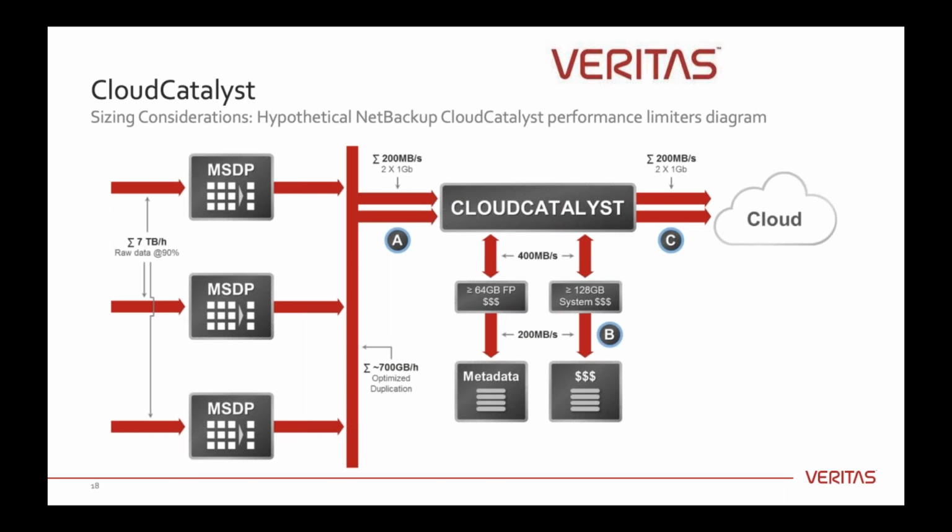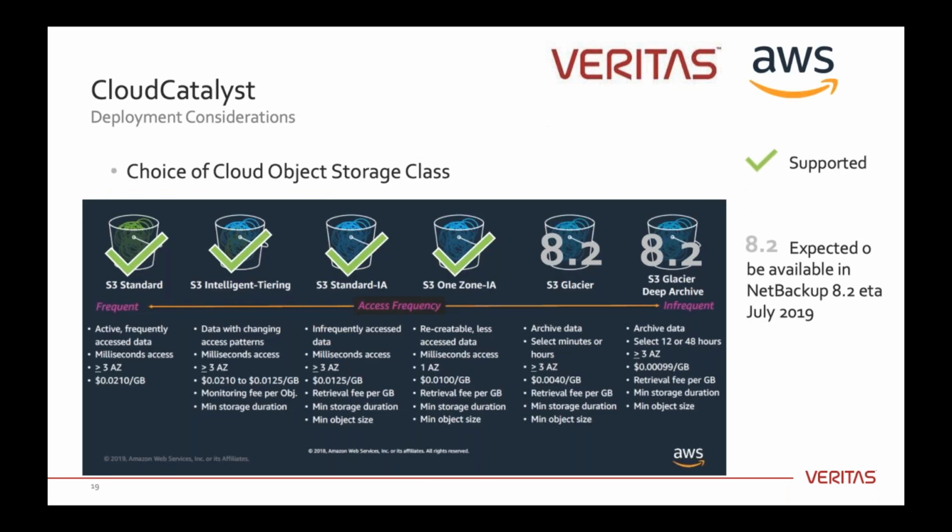So one of the first choices you're going to have to make is choosing your cloud object store storage class. And even before that, you might want to have a think about which cloud storage provider you wish to work with. You might already have an existing relationship. You might not. You might think that even though you have an account with one cloud storage provider, you might want to send your data to a different cloud storage provider. They're just some things to think about. Pricing, access times, retrieval costs are going to be a major thing you're going to want to have a think about. So if we look at this example for AWS, you can see that there's 6 different choices you have